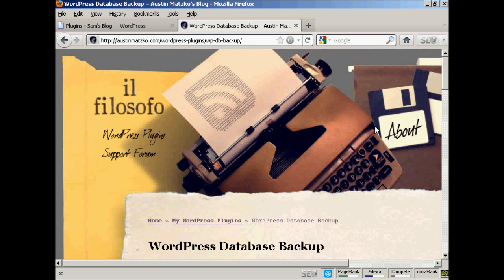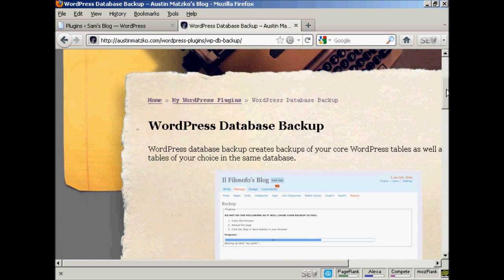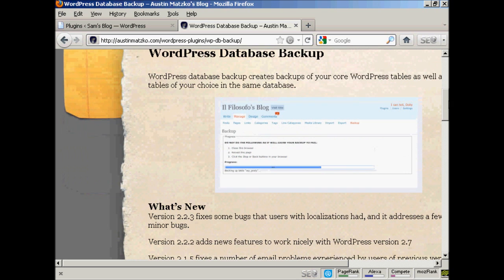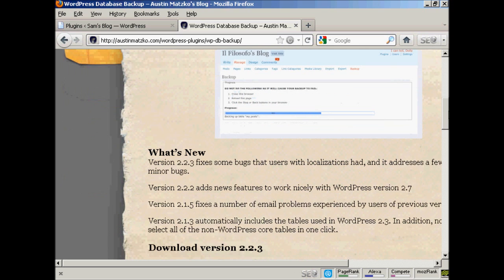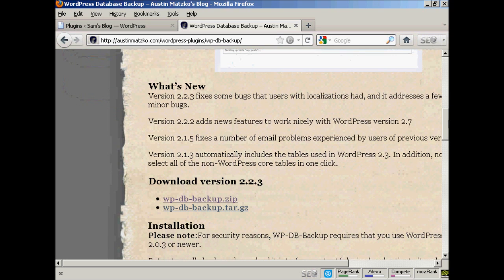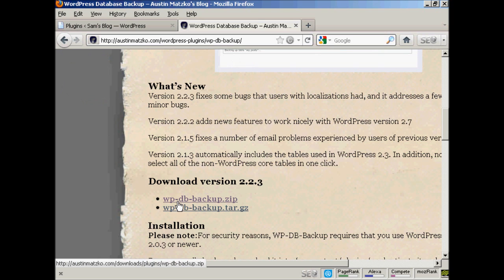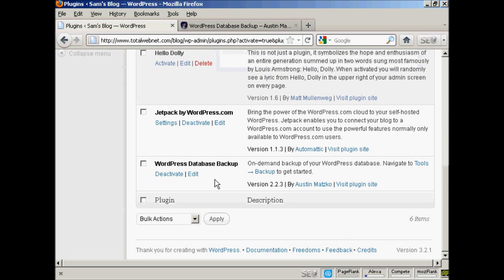And the plugin that I have in mind is this one. It's called the WordPress Database Backup, and it backs up the tables and everything in your MySQL databases, and it's called WP-DB Backup, and you download it from this site here, austinmazuko.com/WP-DB-backup. And you have to download this and install it manually and then activate it,